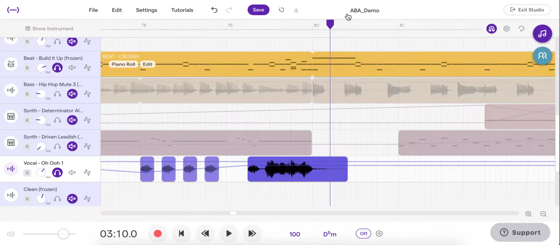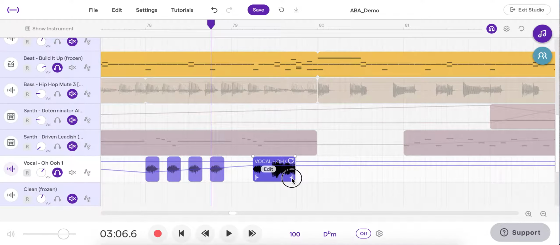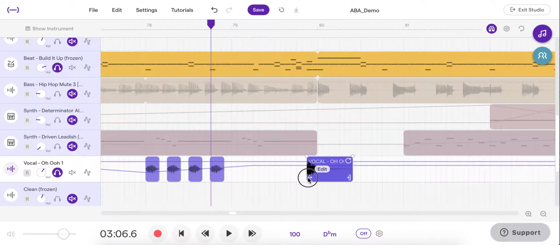First, to get these tiny little ooh-oohs, all I did was edit one of these loops. You do that simply by clicking and holding on the bottom right-hand corner of the loop, and then you can drag it until you get the sound that you want. I just wanted the very beginning part, but you can click and drag from the end of the loop, or from the beginning of the loop, to section off any little part of the